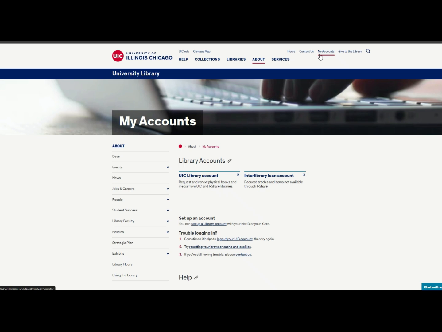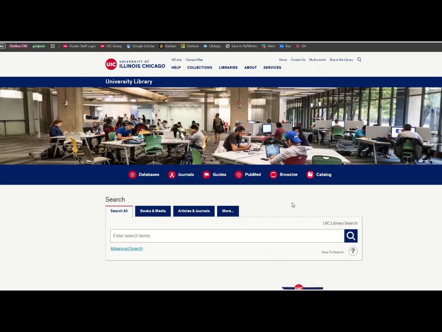Interlibrary Loan, also known as ILLiad, requires a brief registration using your UIC login information. It allows you to request electronic articles. Links are provided in the video description below with more information on how to request books through the UIC Library, iShare, and ILLiad. Other than databases and the UIC catalog, the UIC Library's guides are great for research help and